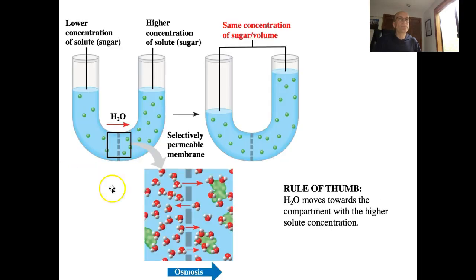So here's another way to look at this. Here you have a higher concentration of one solute, and a lower concentration of solute. You do have water permeability, so water can move through here, and water will move through because there's a higher concentration here and a lower concentration here, but these molecules are too large to pass through, right? That was the example where the sugar molecules cannot pass through, but the water molecules can go in both directions, but they will always go towards the higher concentrated area, and therefore the water level in this U tube here